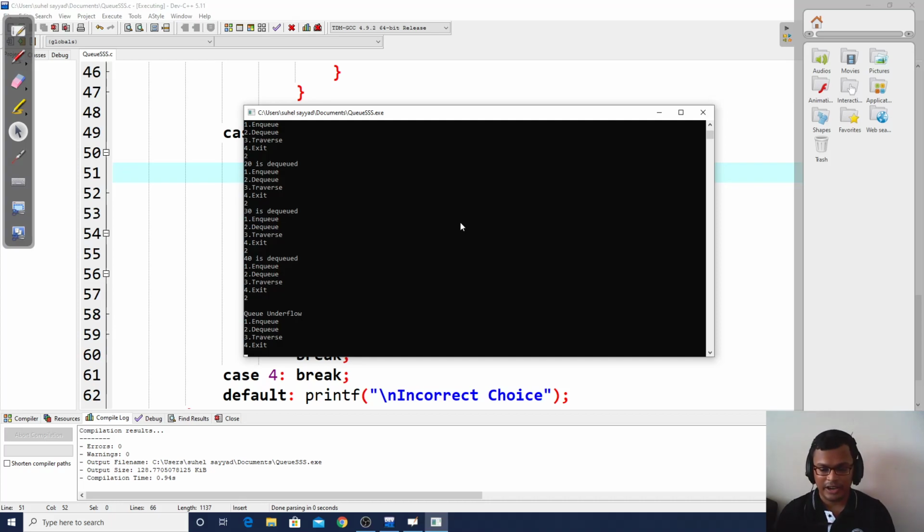Let us try that option also. I'll enqueue 5 elements: enqueue 10, 20, 30, 40 and 50. I have enqueued 5 elements. You can traverse 10, 20, 30, 40, 50. 5 elements I have